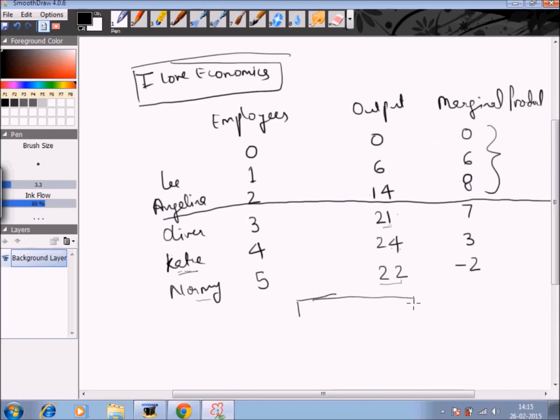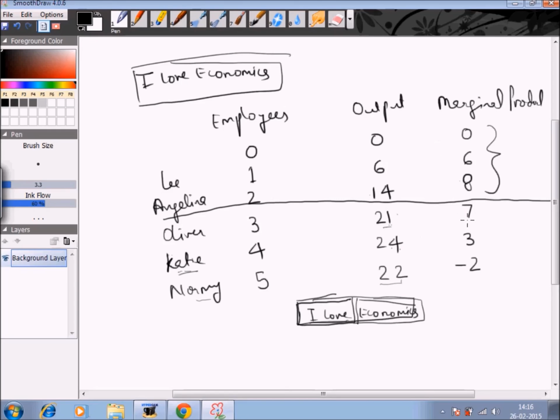Suppose the whole banner is all about I love economics. So maybe Lee has taken that he will print I love, and Angelina has taken up that she will go for printing economics. So ultimately, they have divided the task according to their specialization and have got the output to increase more than the double. As soon as I employ Oliver,